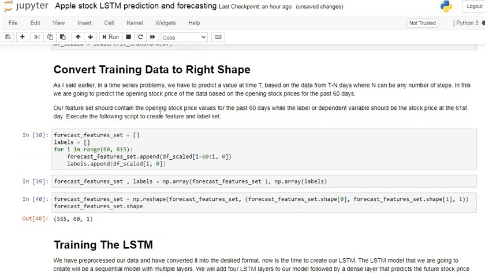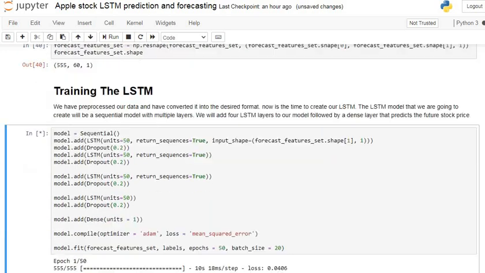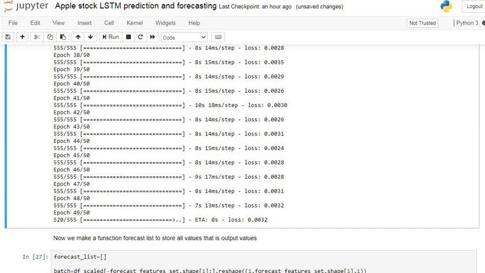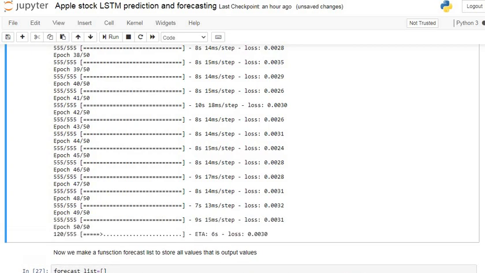These are the three steps required for converting our raw data to data accepted by the LSTM neural network. After that we run our model. The 49th, almost done, the 50th epoch is running.